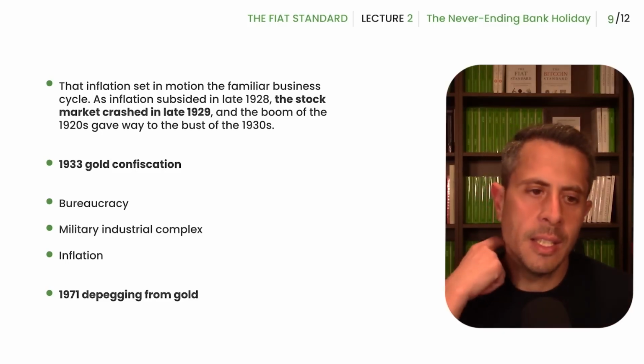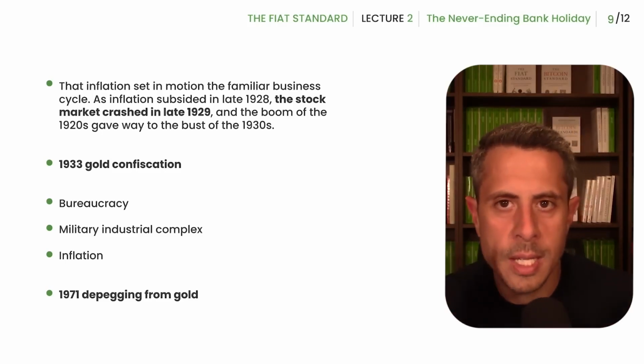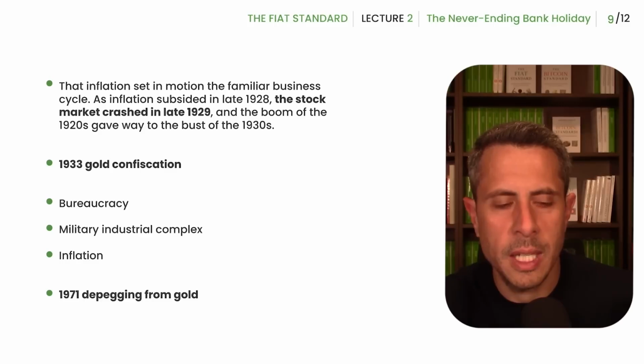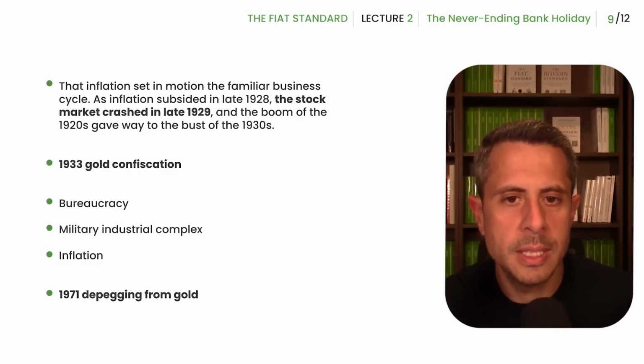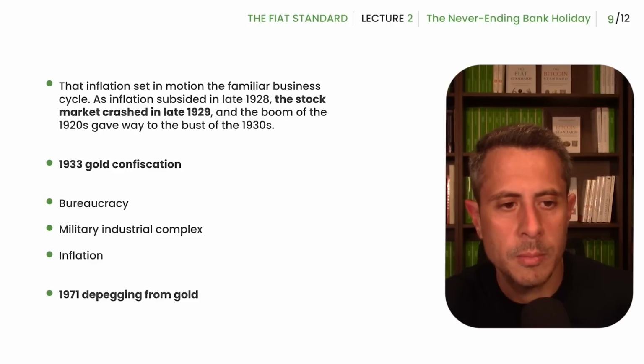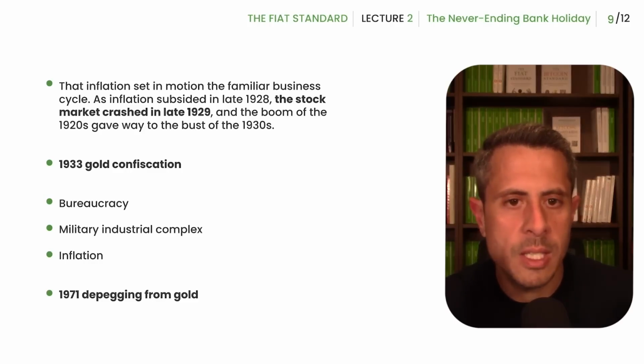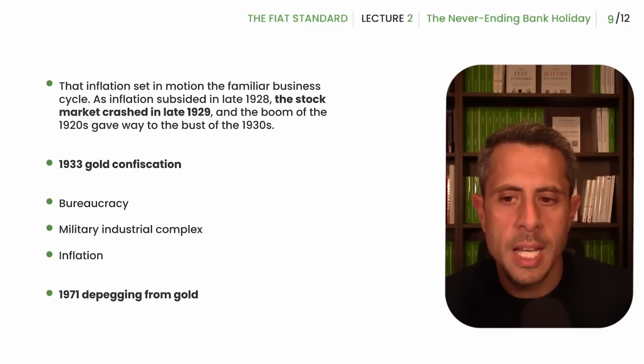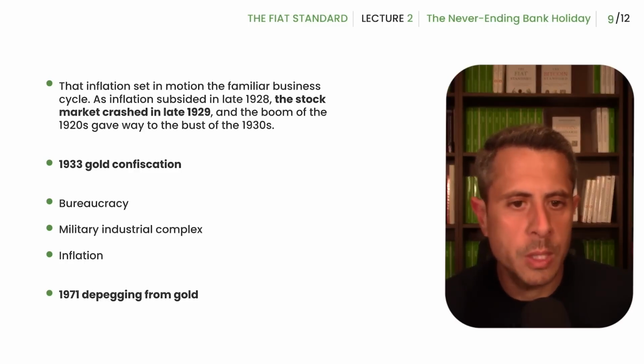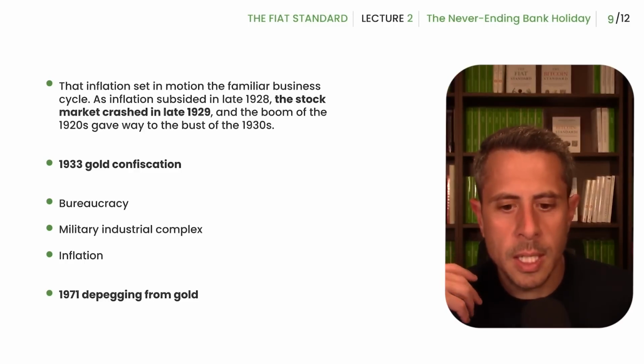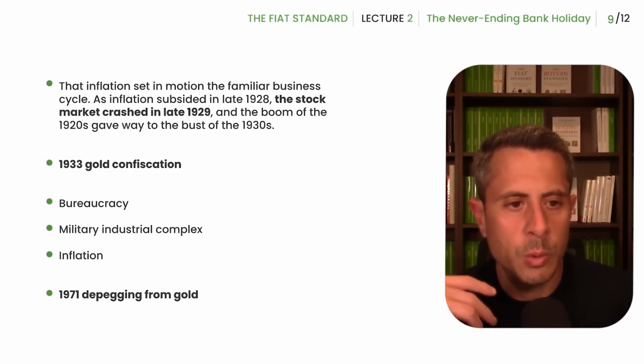And then in 1933, the US followed Britain's lead. In 1933, the US did what Britain did in 1915, which is confiscate the gold. It was more blatant in the case of the US because the situation was more desperate at that time. And so the US, President Roosevelt issued the Executive Order 6102, in which they just